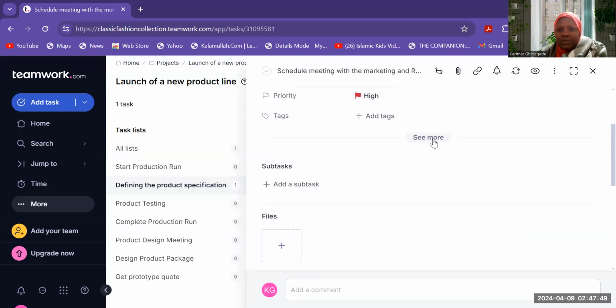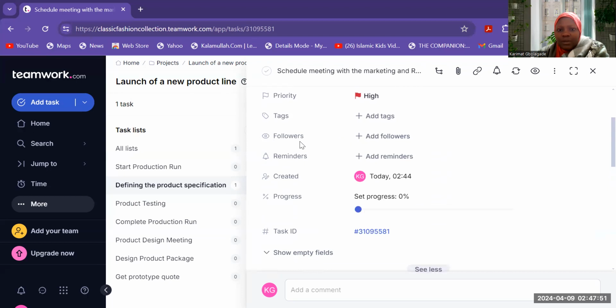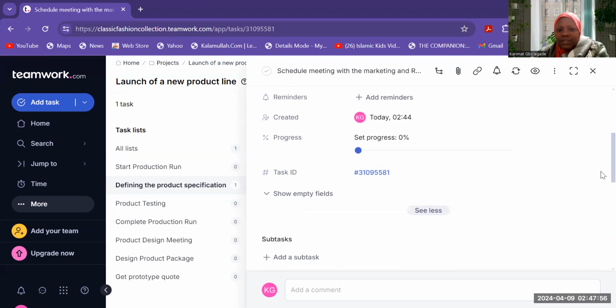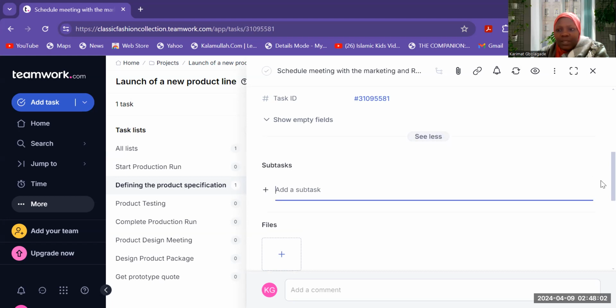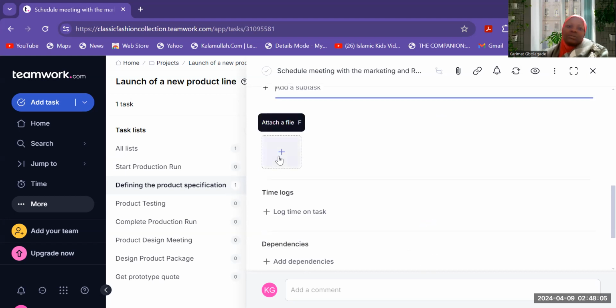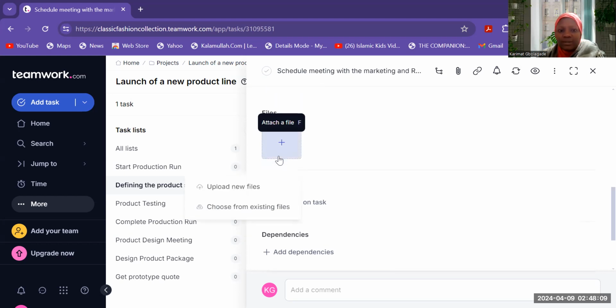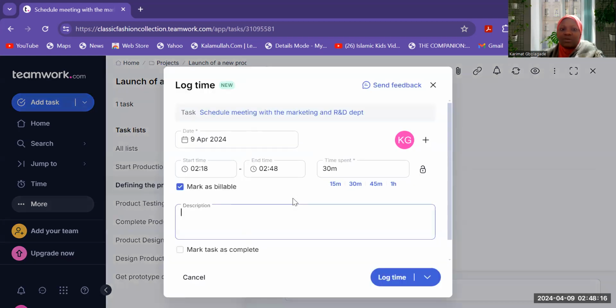So if there is subtask, we add it here. We add subtasks here if there's any. If there's any file that we want to share with those that are going to have the meeting, we add it here. We upload it. And time log on the task. This is where you can schedule it, giving them maybe within the work hour,